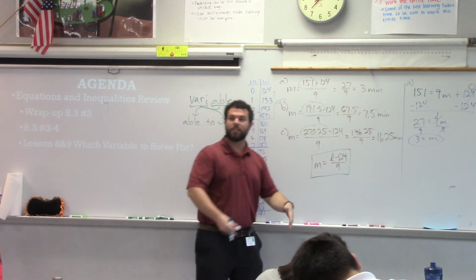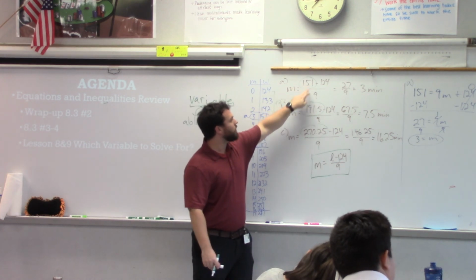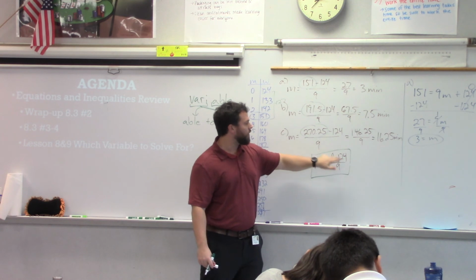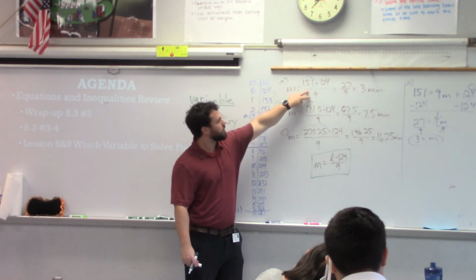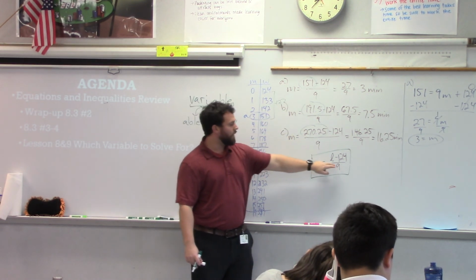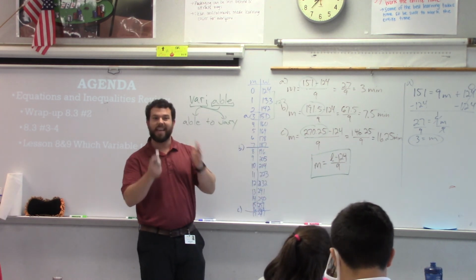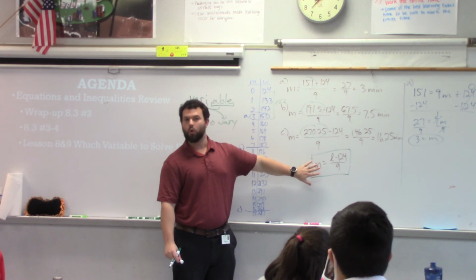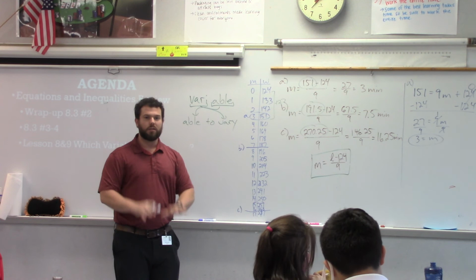That's what I'm trying to get you to see, is that in each of these 3 cases, the number of liters that we have is changing, but we're always subtracting the 124 that we started with, and then what are we always doing after that? Dividing by 9. So if minus 124 and divided by 9 stay the same, should it change in the equation? No. So it still needs to be minus 124 and then all divided by 9.